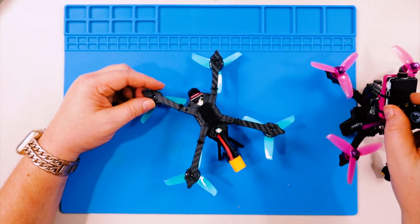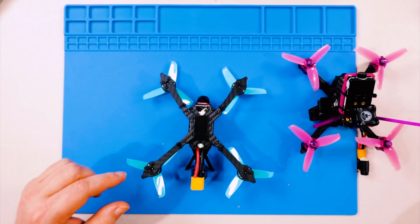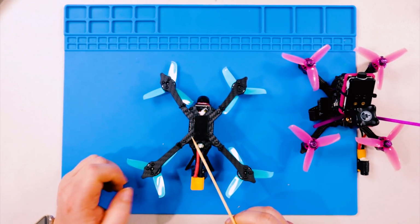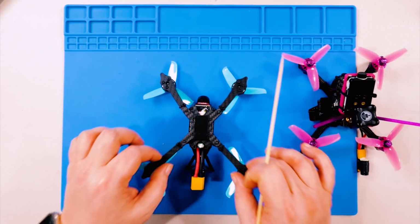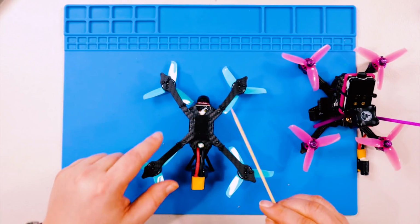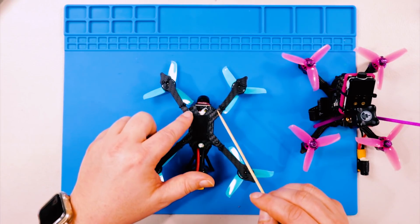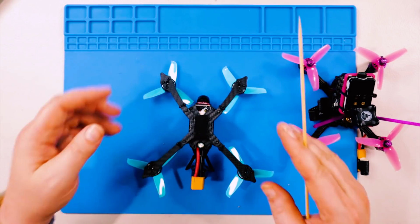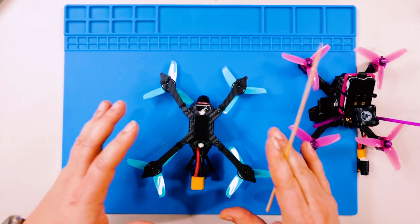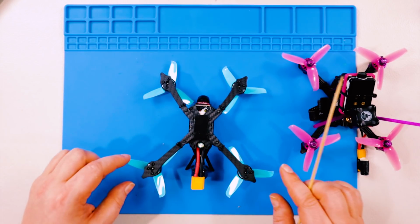And one thing I'm also noticing here, which is pretty nifty, put this to the side for a moment. Look at this frame configuration. You have your rear arms coming out wide, and these are kind of kicking in a little bit. See how there's a little bit of a bend here? So your front arms are kind of kicked in a little bit. So it's sort of like a stretched X, but again, it's doing a little bit with the frame